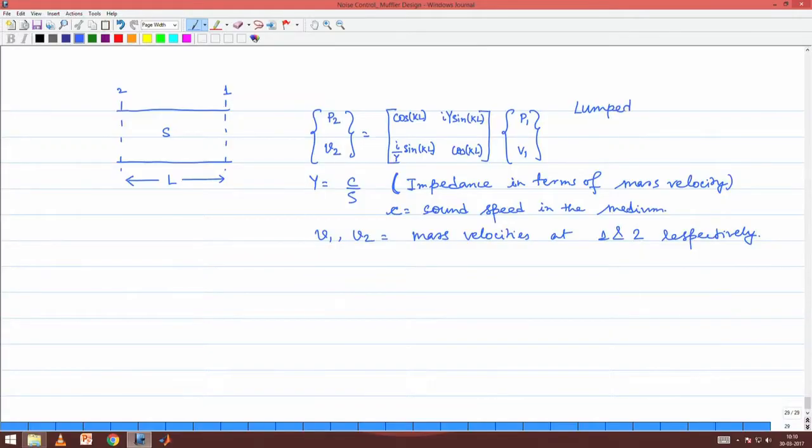So, lumped electric circuit representation is not possible. However, distributed element representation is possible,